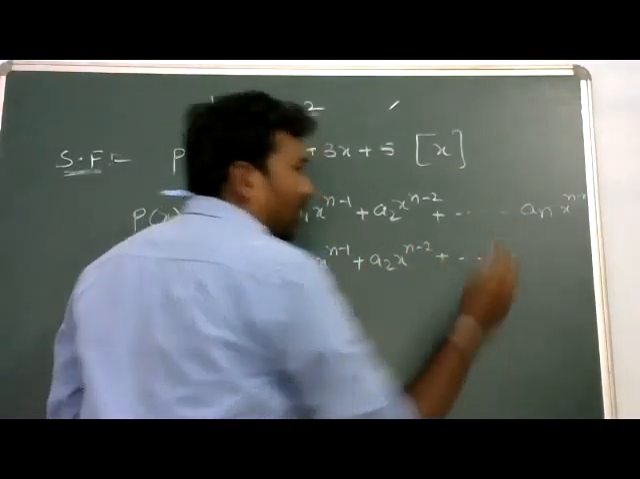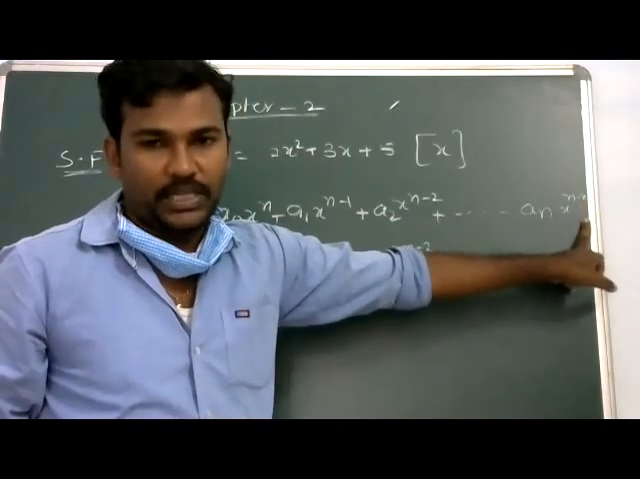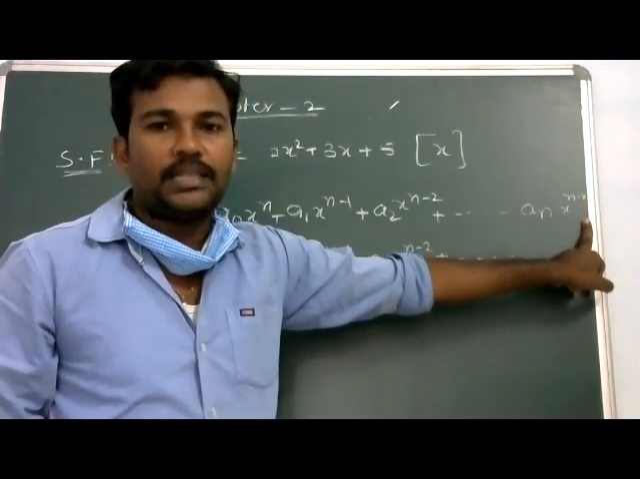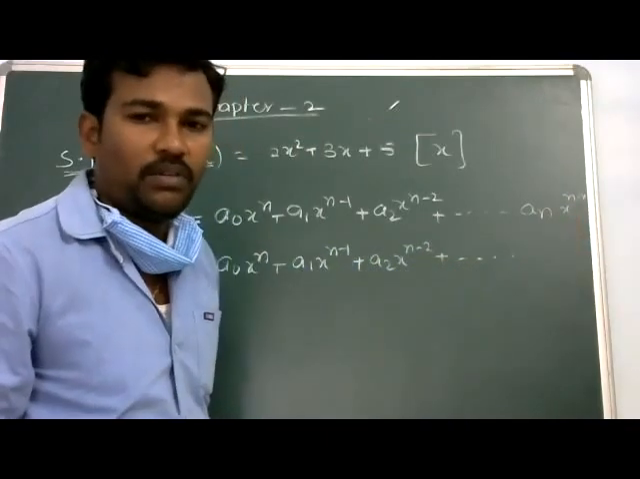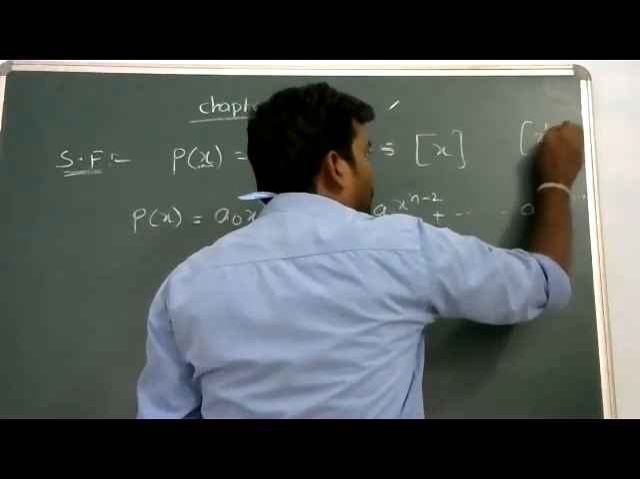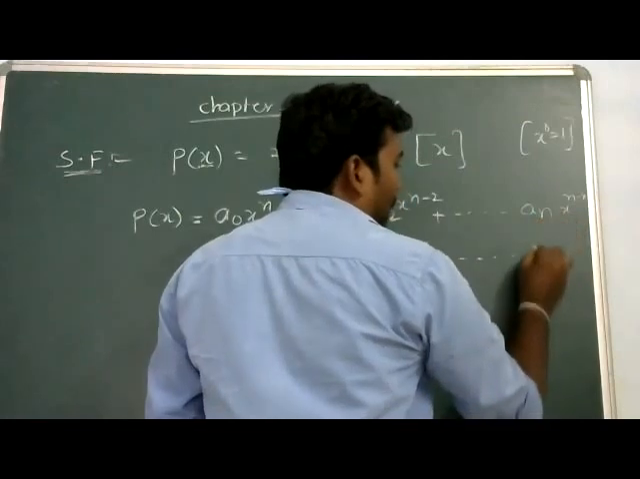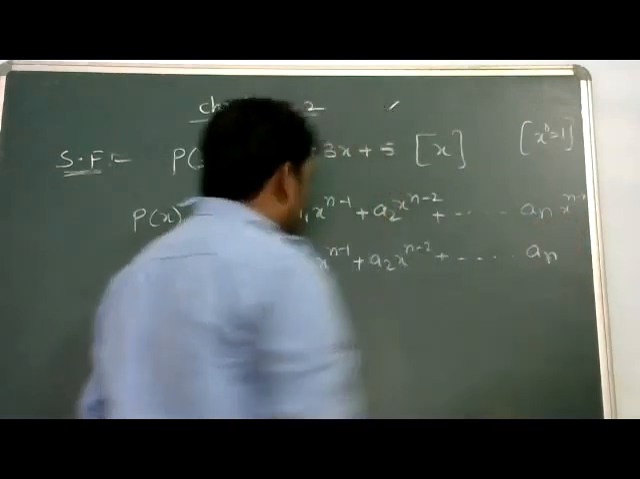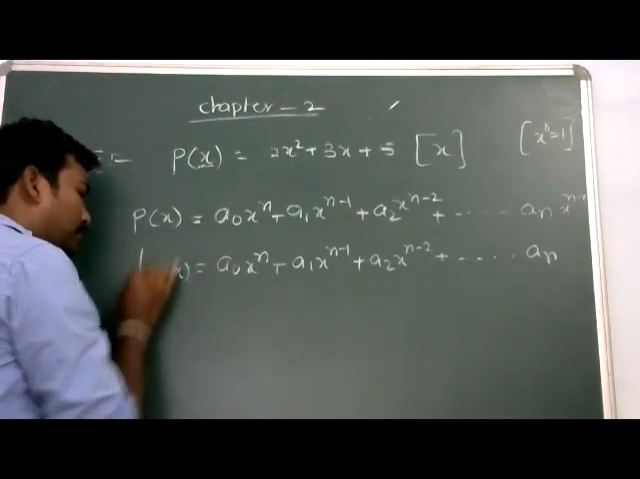Here x power n minus n means x power 0. Anything power 0 equals 1, as we already know. So we can write x power 0 equals 1, and 1 into an equals an, as given. Now finally you can write p of x equals